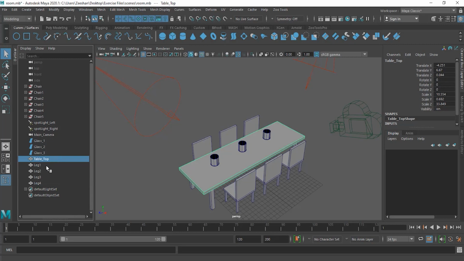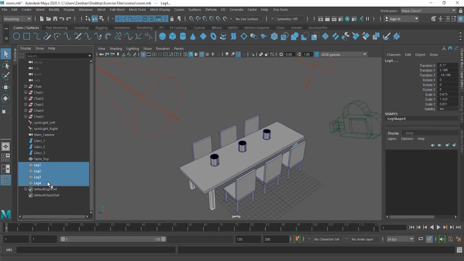So what I can do is select all these leg parts with the shift key. I can click the shift key and then select like this, or with the control key I can select like this, or I can press shift, the first one and the last one, so everything in between will be selected. After that, I can take the icon over here, this one,